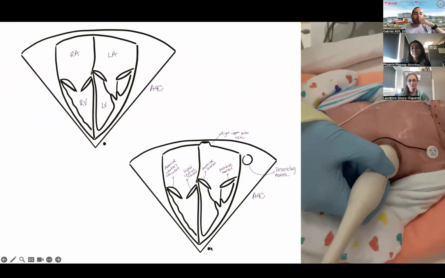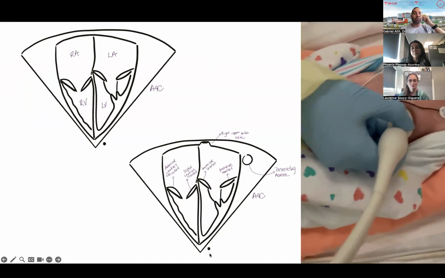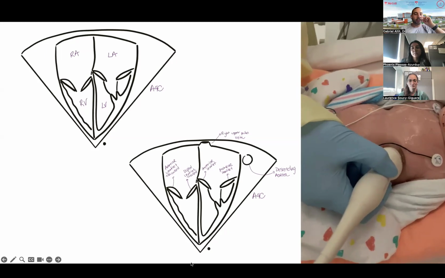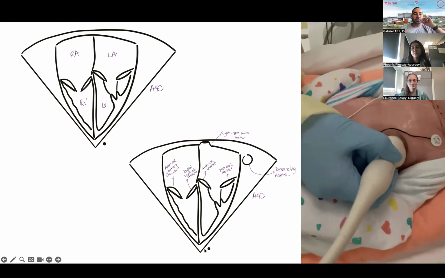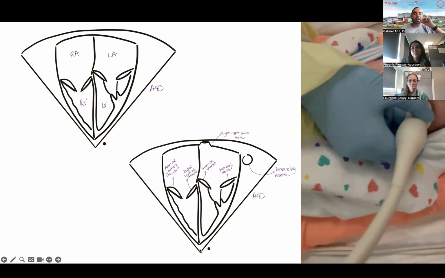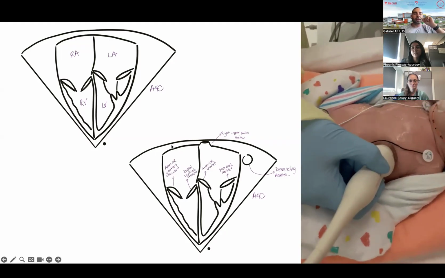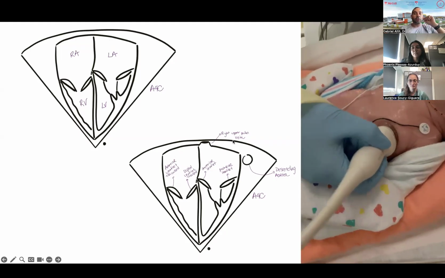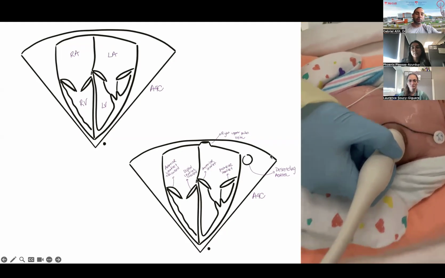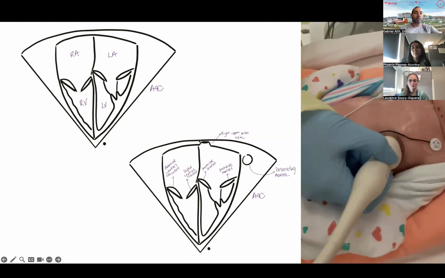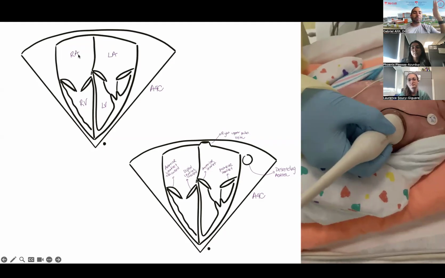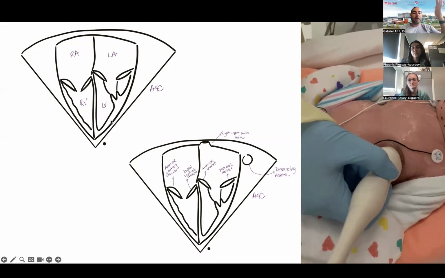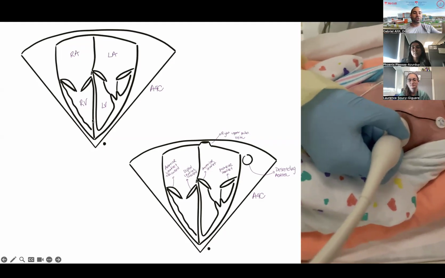So in these views, whatever is appearing next to this part of the image is going to be near the skin, and whatever is going to be more distal to the probe in terms of the scanning sector that you've selected will be distal. And so typically we'll start in the apical view with what we call the apical four-chamber view,